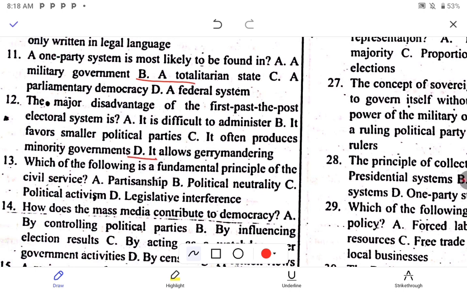So let's move to question 13. The correct option to question 13 is option B. So let's move to question 14.